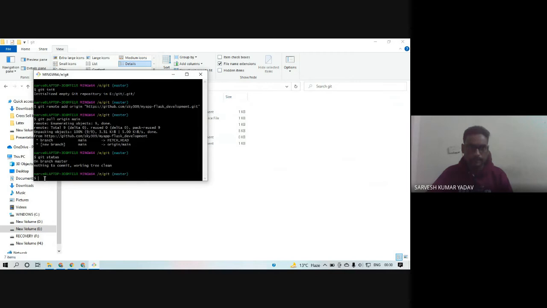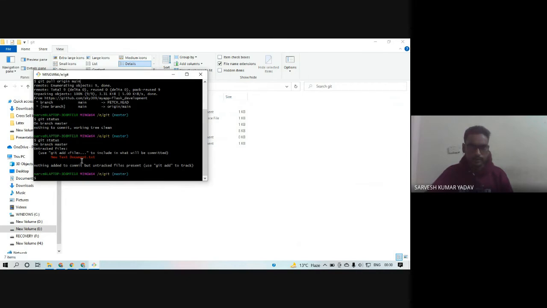Let me check. Yes, new text document.txt, untracked file. One file is created, but it is untracked. Till now, it is not added to the Git server. So it is not staged till now. It is not ready to be saved.